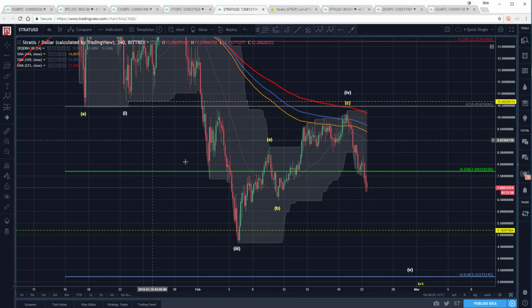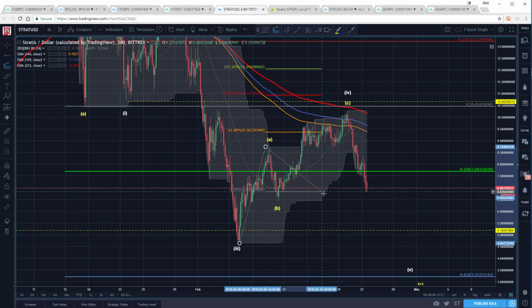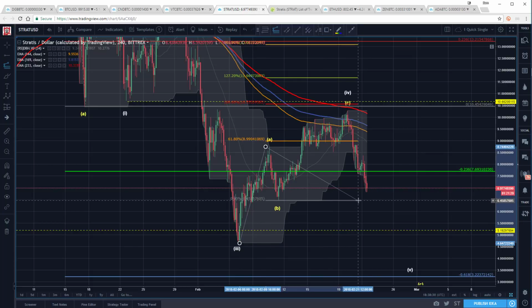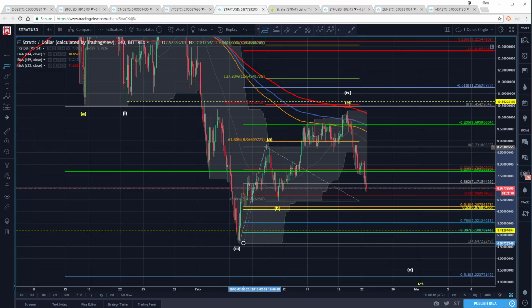So what do you see right off the bat? Is there any relationship here that's significant between the length of the A projected from the B? Anything there to help me? Well, we're just shy of the 100. There's the 233. And then I would look at it this way as well. Then I'd work from that low to the A. Well, here's the 50. Here's the algo target.